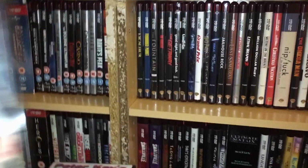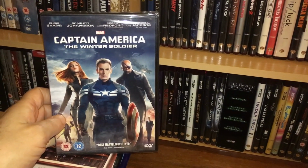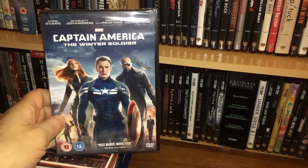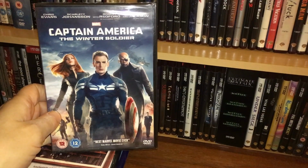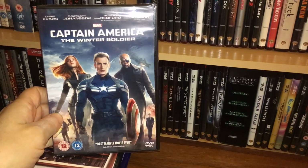First thing we'll start with Captain America Winter Soldier. I was struggling, to be fair, to find something to finish off this deal, and I had a bunch of Iron Man 2s, which a few weeks ago I bought a couple of those off Musicmagpie. They were trading in for £2. I got them on a buy one get one free deal,